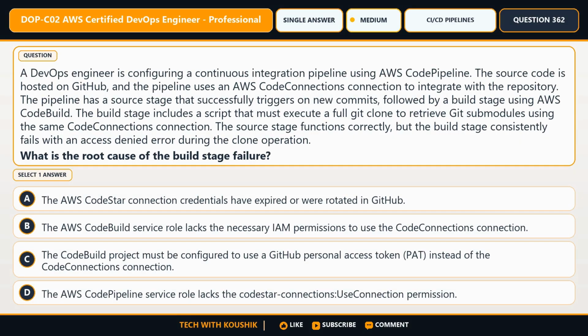Question number 362. This question takes us into CI/CD pipelines. A DevOps engineer is configuring a continuous integration pipeline using AWS CodePipeline. The source code is hosted on GitHub, and the pipeline uses an AWS CodeConnections connection to integrate with the repository. The pipeline has a source stage that successfully triggers on new commits, followed by a build stage using AWS